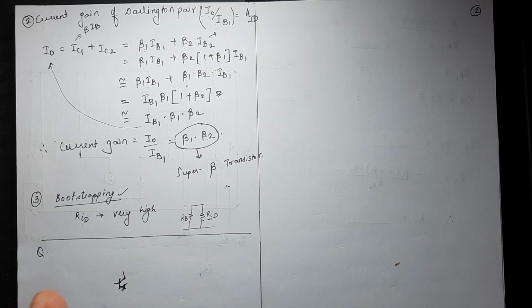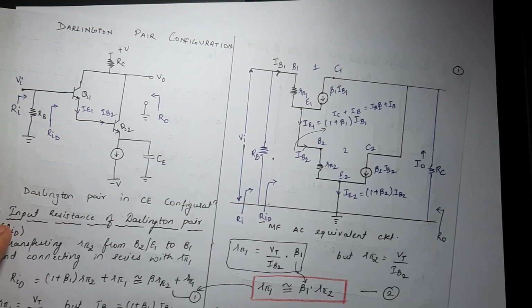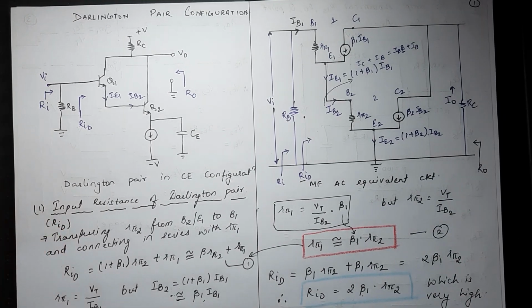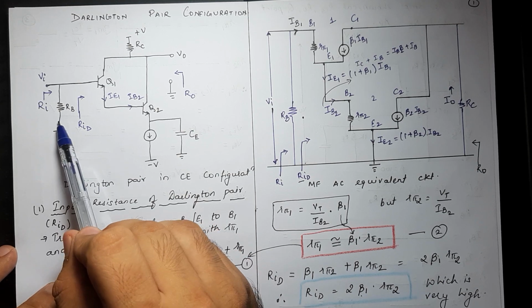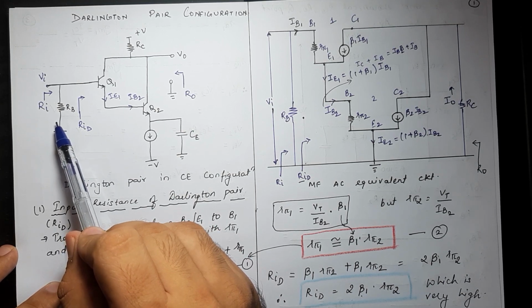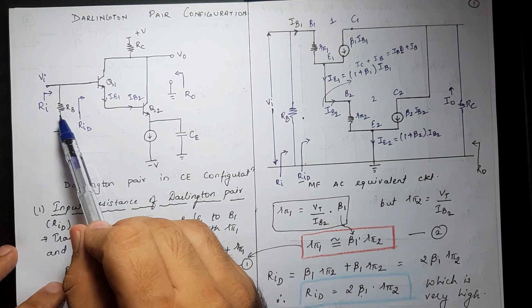which was in our diagram, if you just look at the previous diagram, over here, we had RID, then we had a biasing resistor RB, which of course is a must in a practical circuit, which comes in parallel with RID.